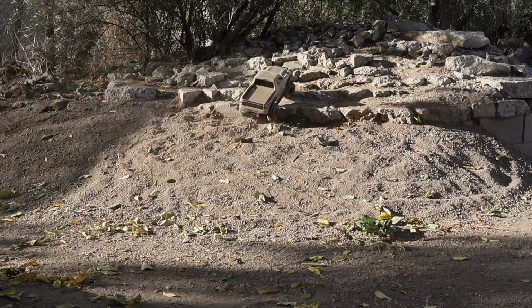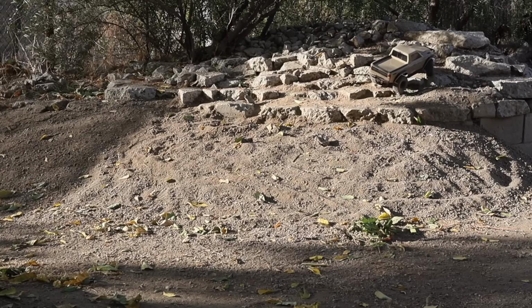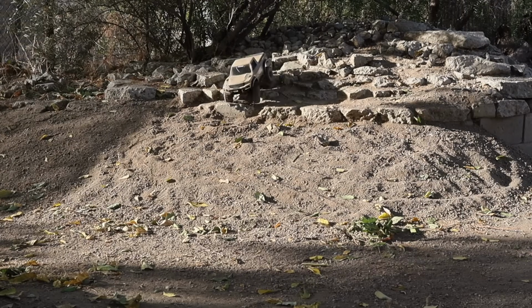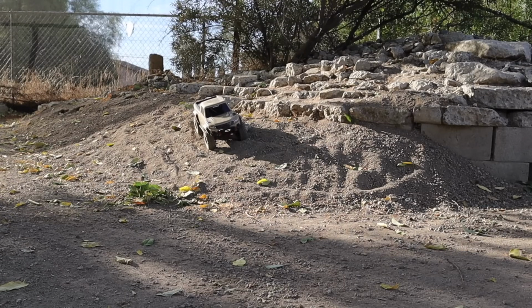Counterintuitively, perhaps, a little bit more spacing in between the lugs will do better on loose surfaces like that. No, I guess that would be intuitive, because we're not bearing the loads down that a full size, real world vehicle would. A real world vehicle on very loose stuff like this, sand, snow, stuff like that, they want a tire that's almost slick. And we want more spacing between the lugs because this rig would be sitting